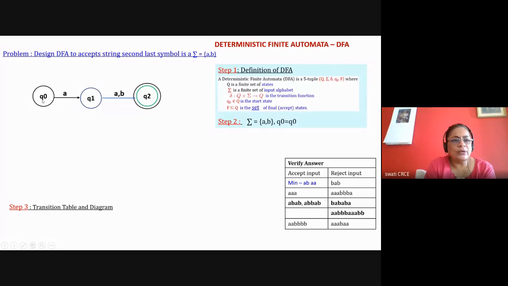First state. Now here B is not there. Okay, so with B, what should I do? With B, what should I do? It will remain in the same state. Okay, so I'm drawing it. It will remain in the same state. Now the state Q0 is done. In the state Q1 already both the transitions are done. Okay, now for the state Q2, Q2 with A, what should I do?